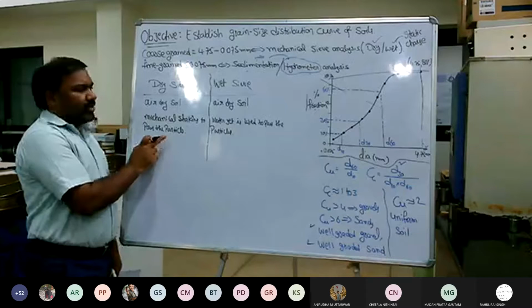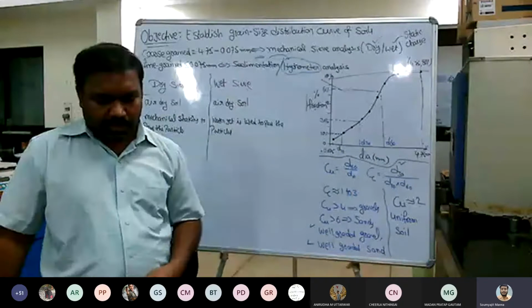Sir, one question. Tell me. Sir, for the dry sieve and the wet sieve, the difference is whether the water jet or the shaking is used. So sir, what is the benefit of the water jet? Because we are drying the particles. So sir, when we are working with the dry sieve, why is the other format used?